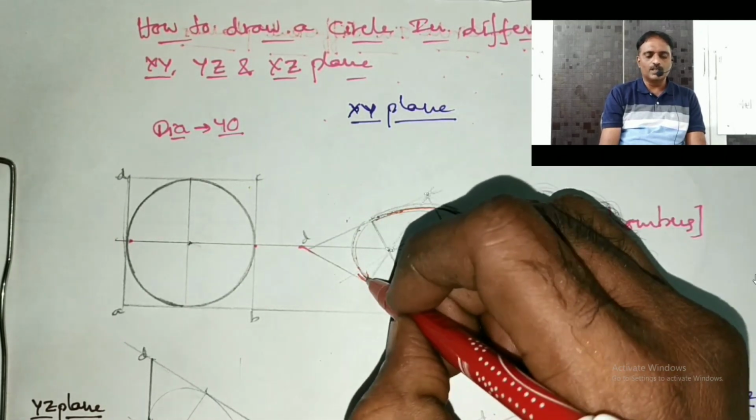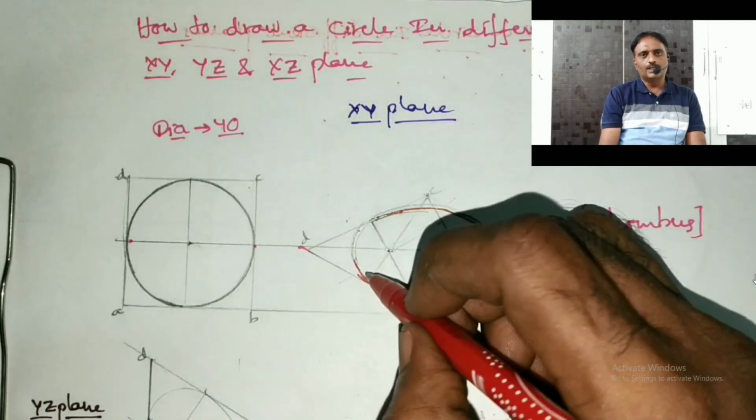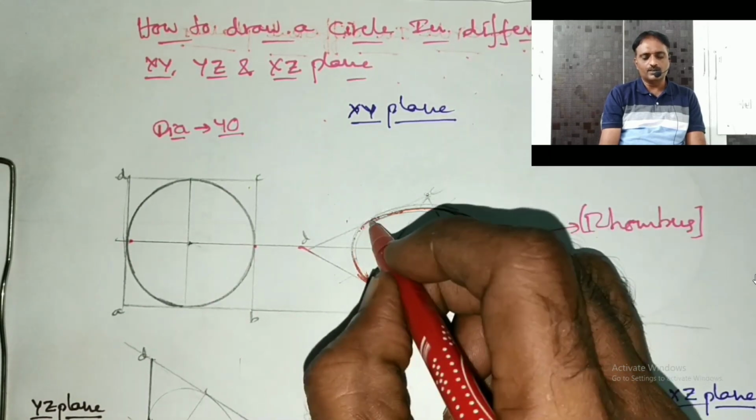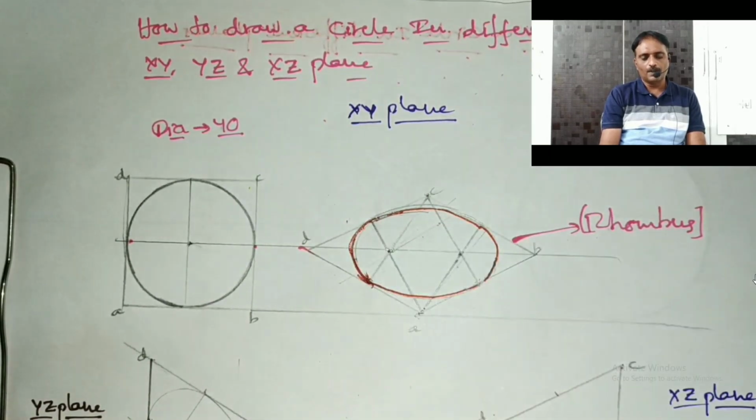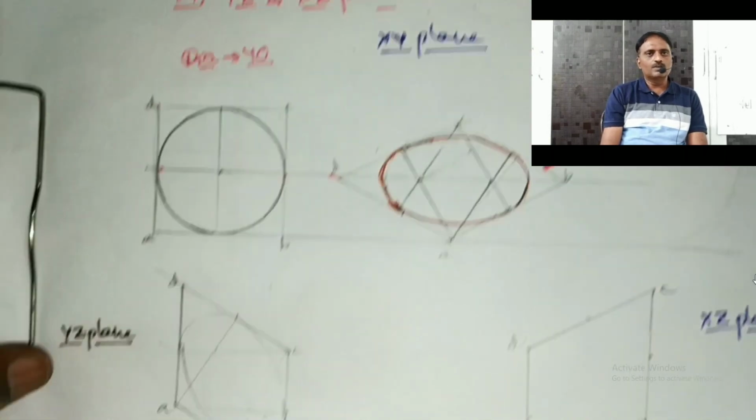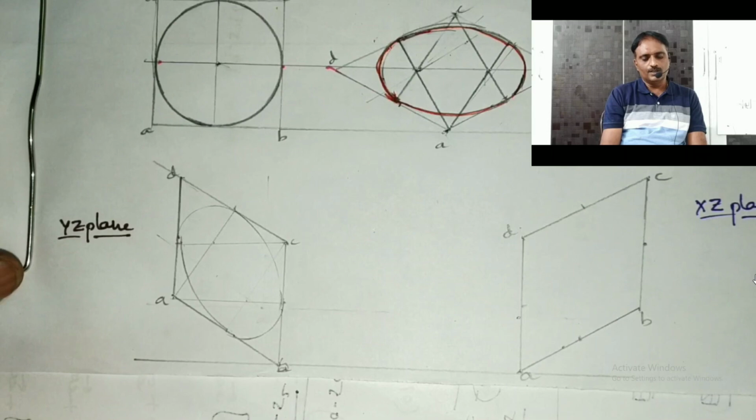The same thing is to be done for the other planes also. That is YZ plane and XZ plane. Let us see those things also. Now consider YZ plane. We have to construct a rhombus in Y and Z with the y-axis and z-axis. So that is A, B, C and D.